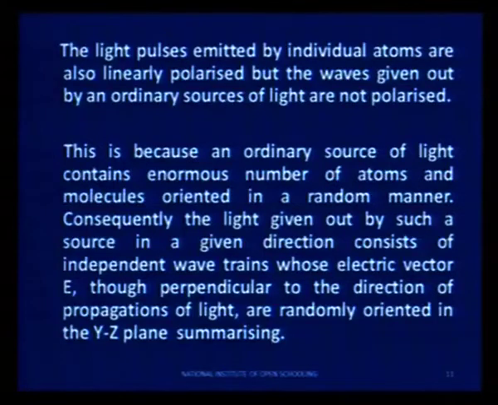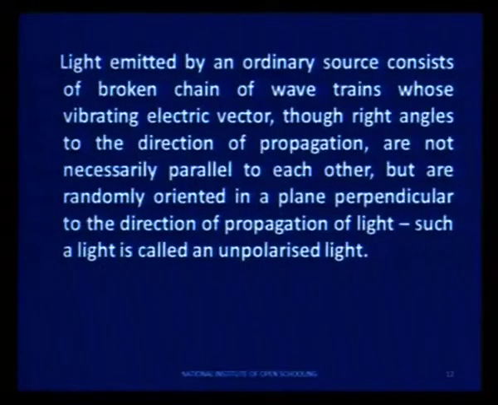This is because an ordinary source of light contains an enormous number of atoms and molecules, and these are oriented in a medium. Consequently, the light given out by such a source in a given direction consists of independent wave trains whose electric vector E, perpendicular to the direction of propagation of light, is normally oriented in the yz plane. We can summarize that light from an ordinary source consists of broken chains of wave trains whose vibrating electric vectors